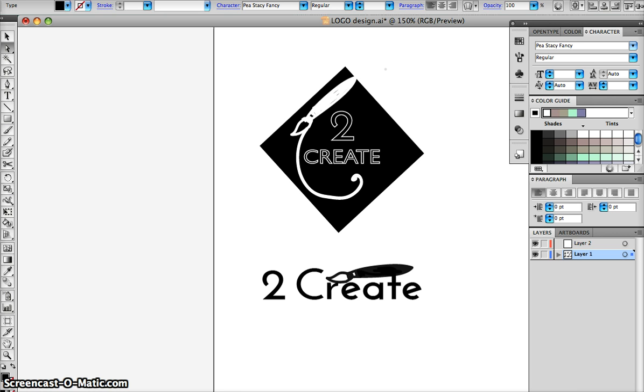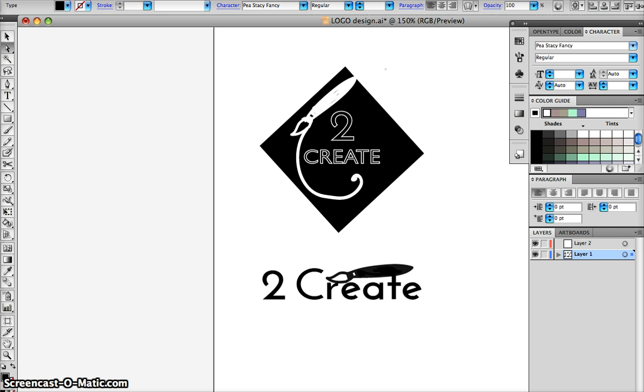So first off, one of the first things we want to do when creating a logo is preliminary work, where we don't use the computer, but we use a pen or pencil and paper and kind of draw out our ideas. That way we can get our ideas onto paper. Oftentimes our first ideas are not our best ideas, so this is a very important step. We also want to create balance, good size, good color if we're going to use color, and then the